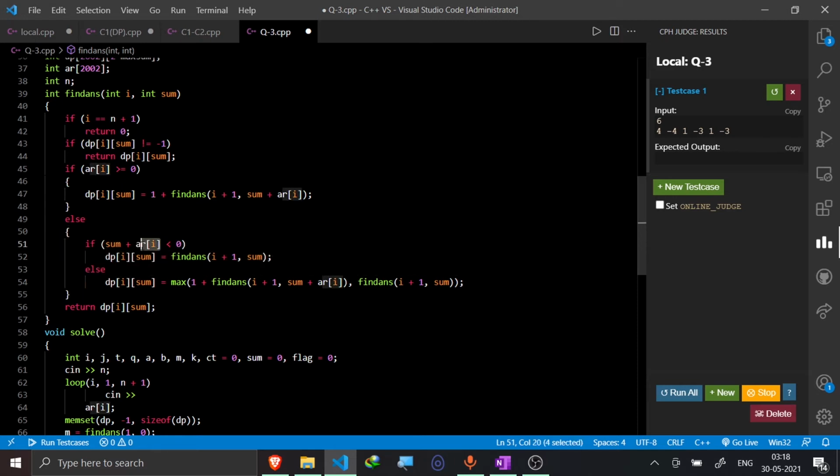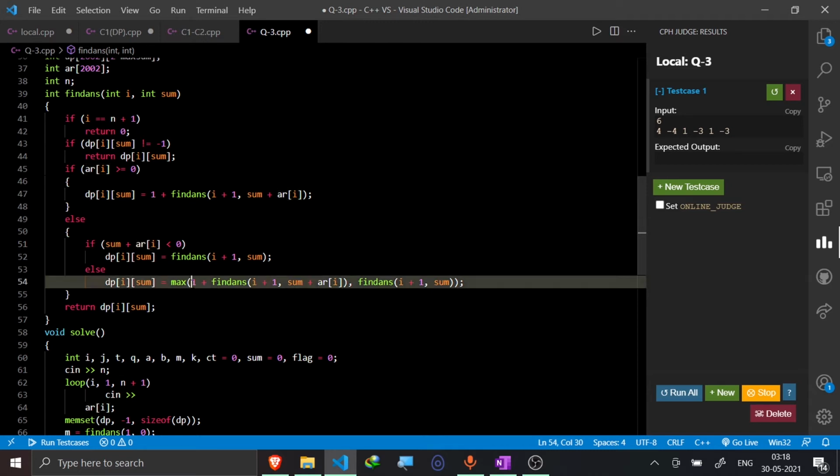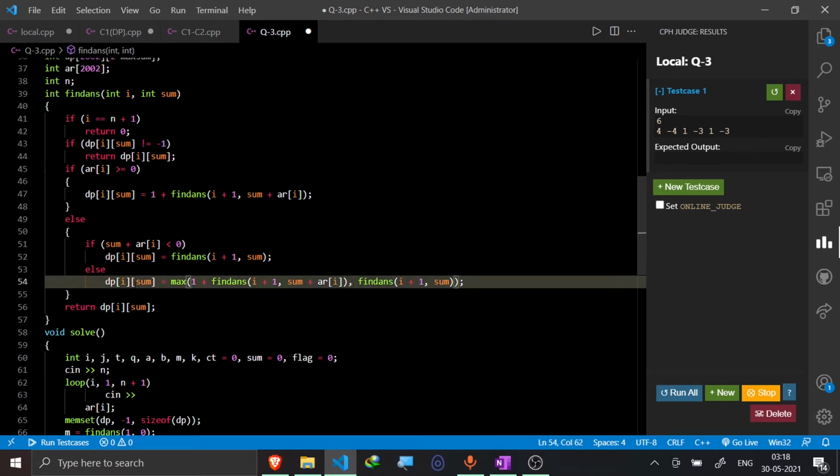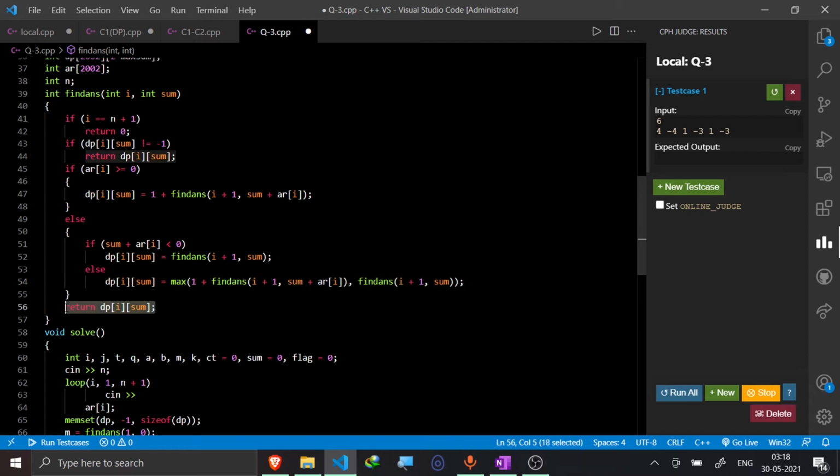But if on adding the can value my sum remains non-negative, then I have two cases. I could use this can, that is what I am getting from this, or I could not use this can. And then I would just find the maximum value, and this I would just return.